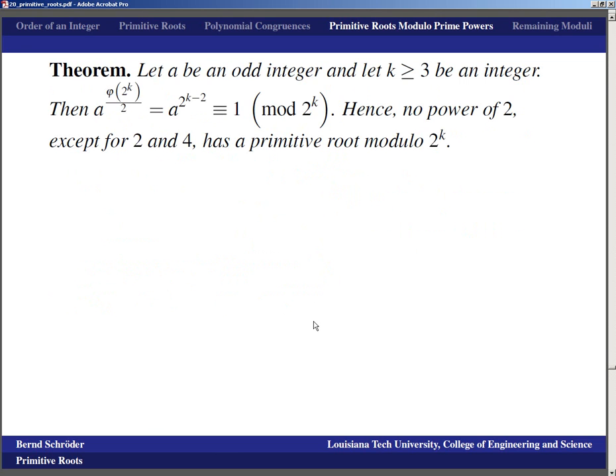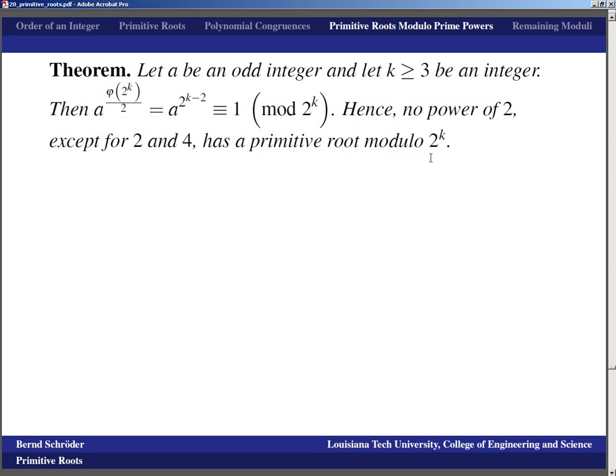Okay, so we have worked out that powers of odd prime numbers have primitive roots. Now we're coming to a little bit of the downer part of this presentation, even though it's going to be nice because it's just computations. If we take an odd integer a and k greater or equal than 3, another integer, then a to the phi of 2 to the k divided by 2, which is a to the 2 to the k minus 2, is equivalent to 1 modulo 2 to the k, and that means no power of 2 except for 2 and 4